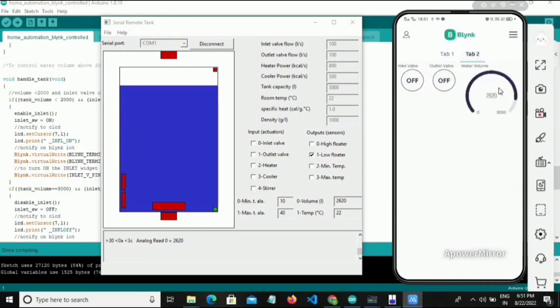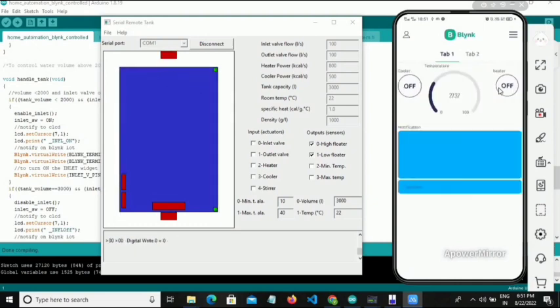Right now the water volume is 2620 liters. If we turn on the inlet valve, the water will increase. And as the water volume reaches 3000, we have got